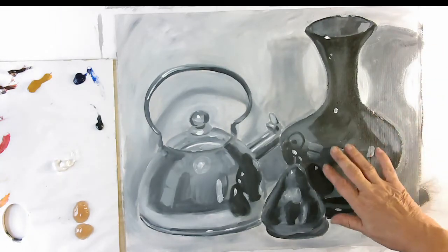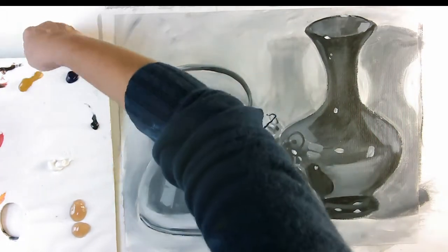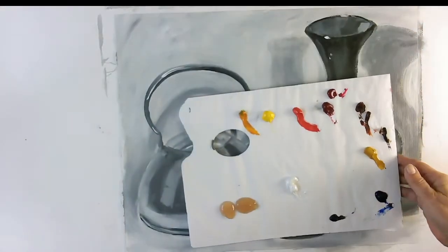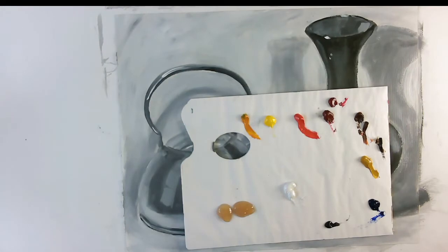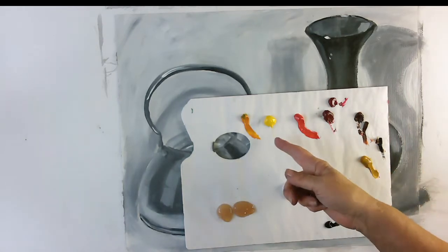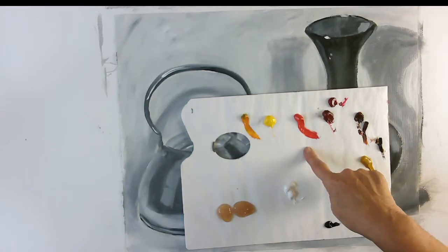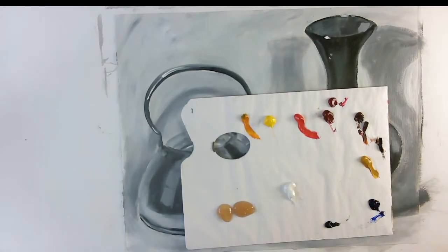And what I'm going to do now is add coloured glazes. This is actually quite a quick process because it's pretty much like colouring in. So I'll just go through my palette. Over time you get familiar with which colours are transparent and which are opaque. Generally yellows are opaque. Yellow ochre, this is cadmium yellow hue. This is cadmium red, also opaque, white opaque, but all the rest of these colours are actually transparent, which makes